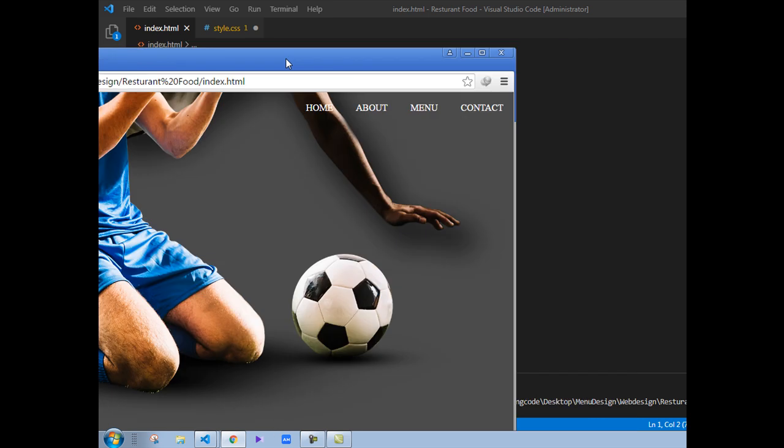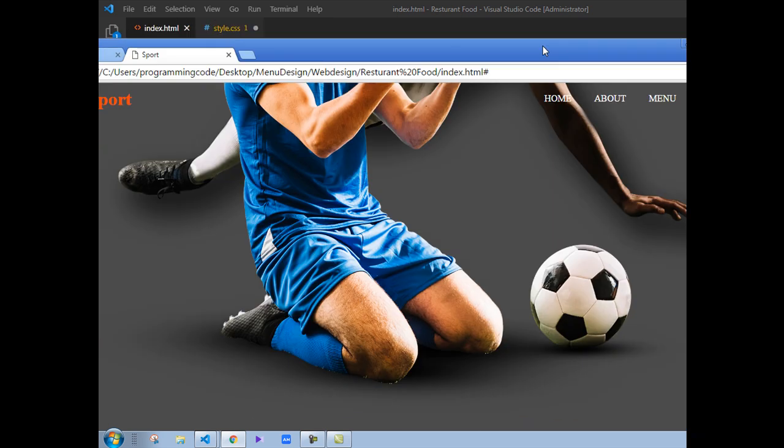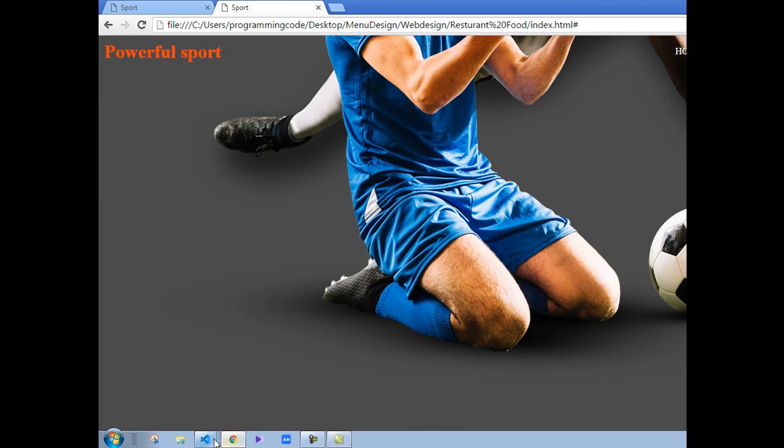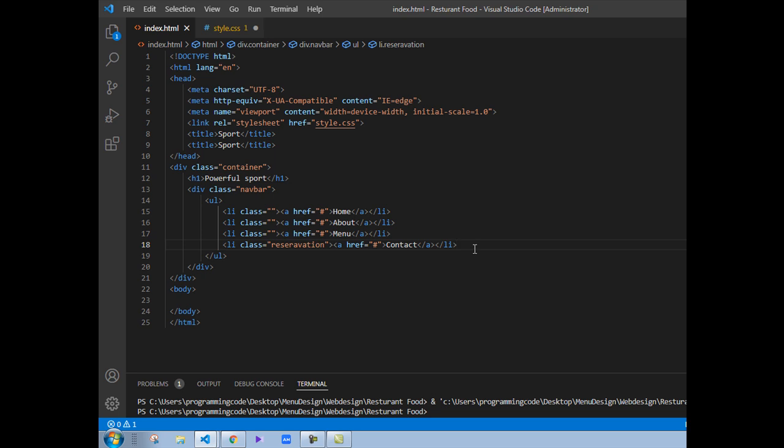So we should design its format. We just designed it with color, but we did not design a background color for the menu file. For this, I should go ahead and come back to the CSS file and design its color. So we should come back to the CSS file, index.html, and